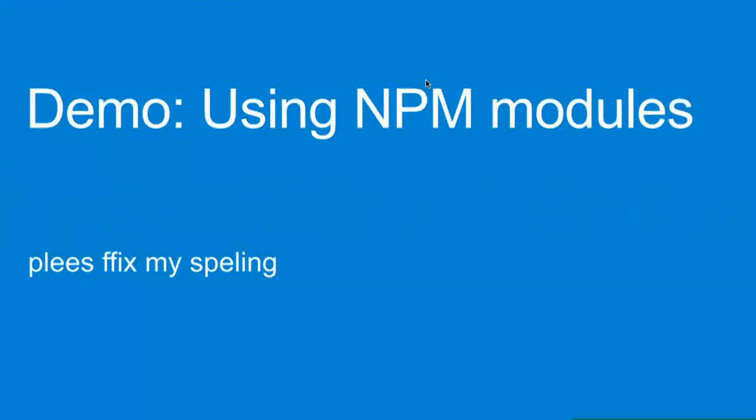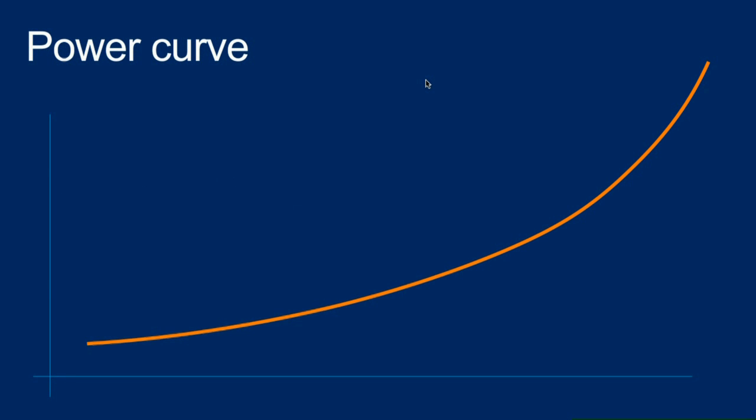So there we go. We've been able to use a custom third-party NPM module, which adds an enormous amount of power to your application for reusing source code. So let's summarize what you've seen. You may have seen this slide from my talk yesterday. Mobile Services has a range of features that are designed to gently take you up a power curve. So at the beginning, the most basic feature that you've seen over and over is the ability to store data in your mobile service. That's kind of central to everything.